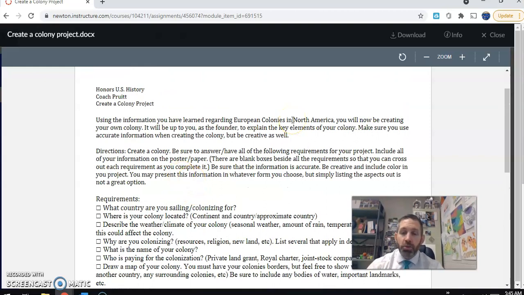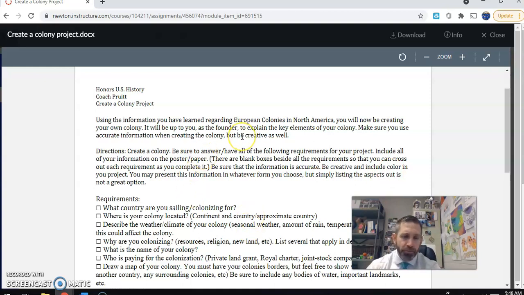So what is the actual project itself? Based on the things we have learned and discussed in Unit Number 1, all of the things that were discussed about the British colonies, but also the French, the Spanish, the Dutch, all those subgroups that we talked about, like the Quakers and the Puritans, the ideas of mercantilism, the ideas of transatlantic or triangular trade, all of the elements of the standards for Unit 1, which is Standards 1 and 2, we want you to illustrate your knowledge in a creative way. You're going to create your own